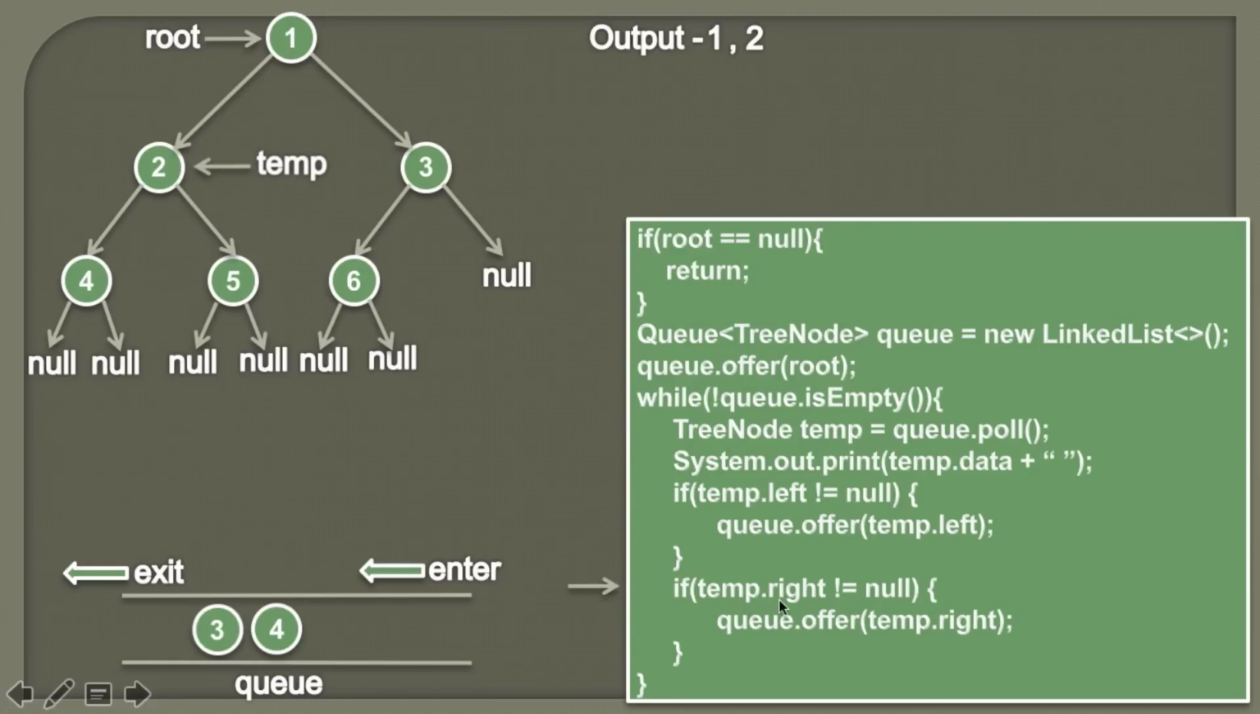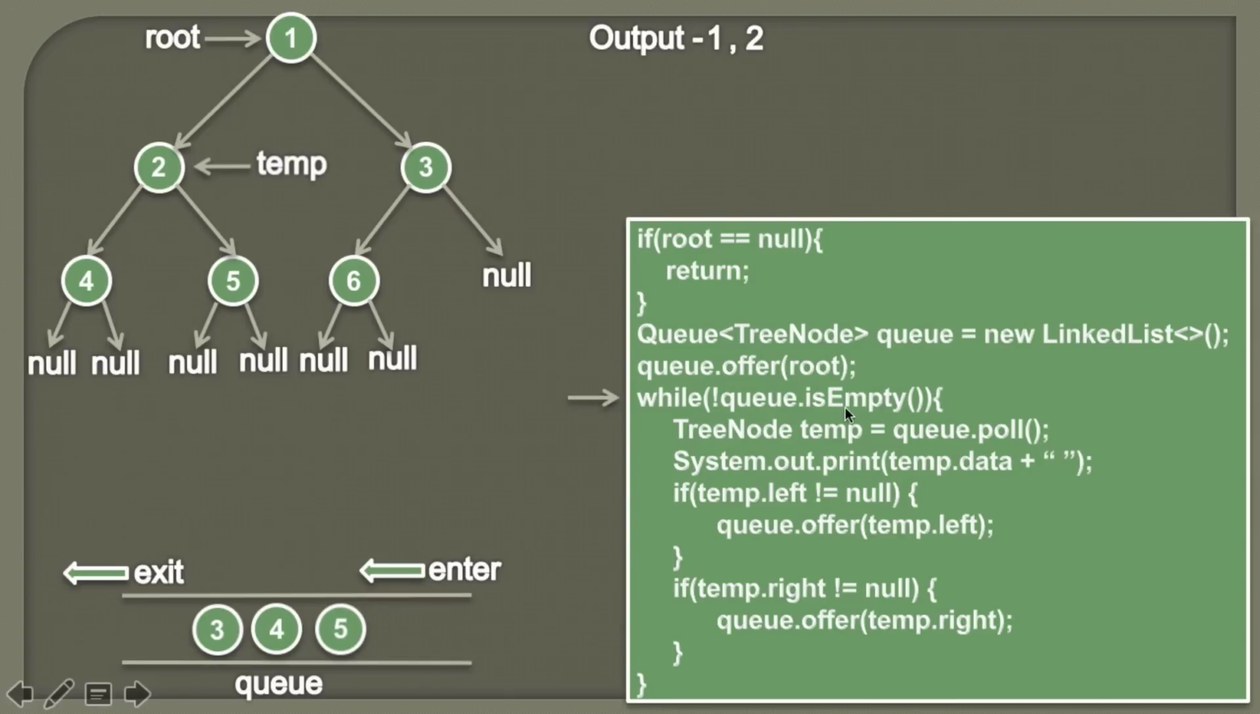and then we will check whether temp.right is equal to null or not. So temp.right is nothing but the node 5, and it's not equal to null. So the condition in if block comes out to be true, and we'll simply add the node 5 on the queue. Moving ahead,